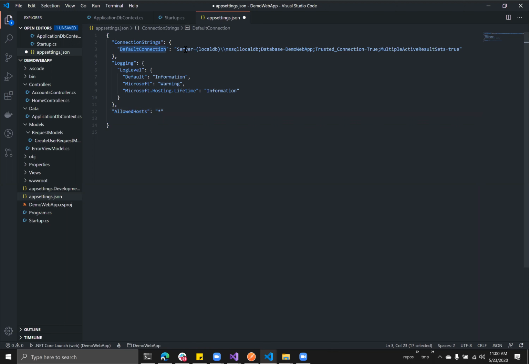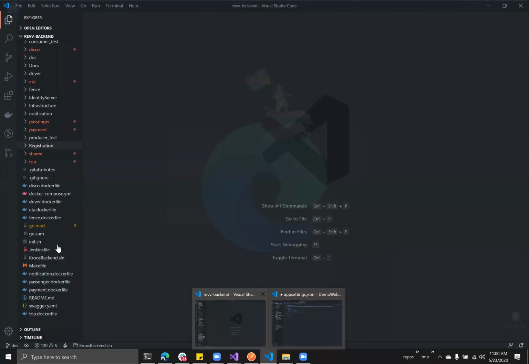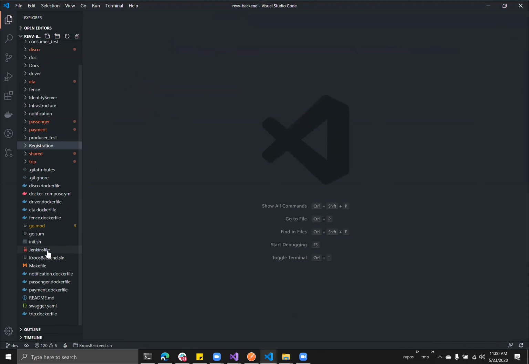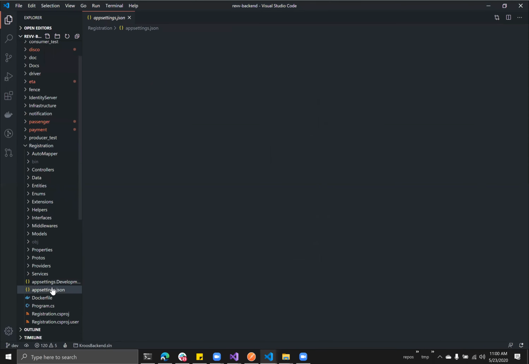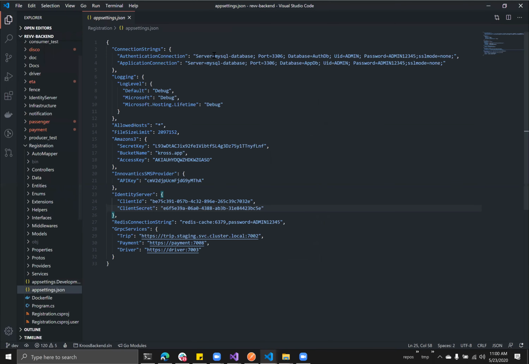Now I need to tell it what server I want to connect to. We installed LocalDB, so that is why I have LocalDB here. If I was actually talking to a server in the cloud, I would use the IP address of the server. To illustrate that, I'm going to show you one of my test servers. Let's see, I need a low risk registration, and now check the app settings. So for this server, you see I am connecting to a server called MySQL database, and you see I have the username and the password to that database in this connection string,